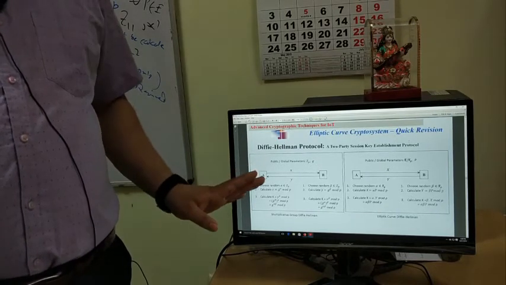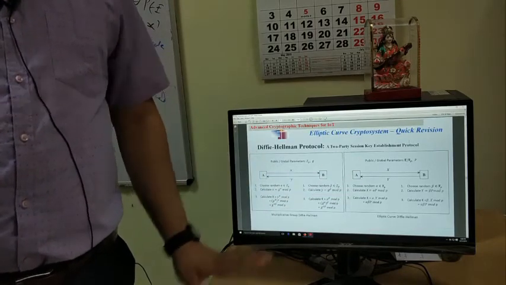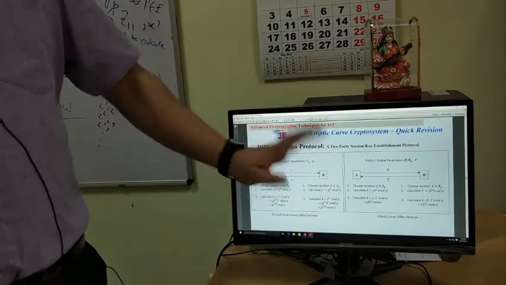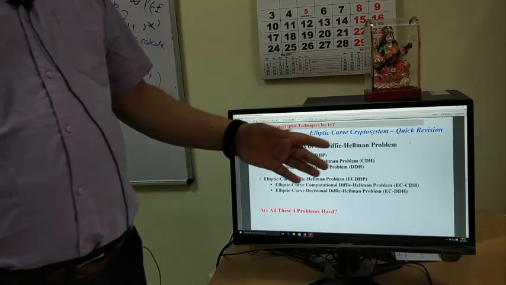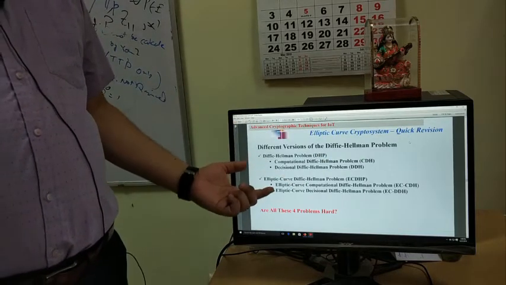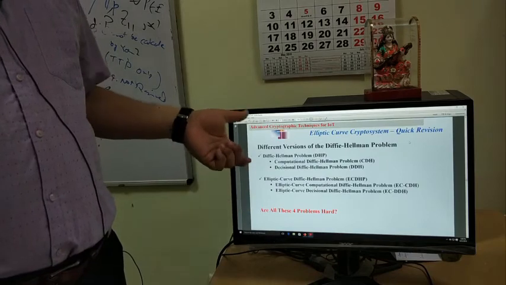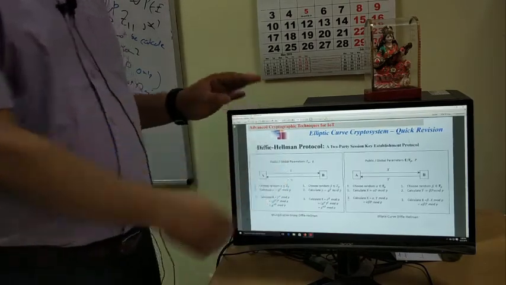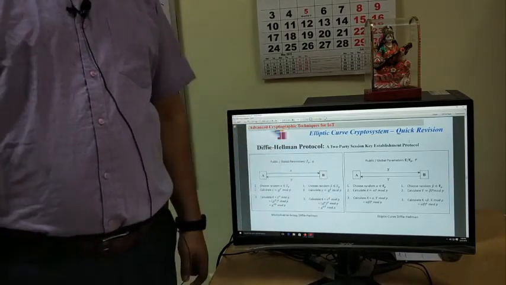This is a protocol to establish a shared secret key. They have established the shared secret key. They do not need to worry about the security. We are the engineers, we have to analyze the security of the protocol. When we are analyzing the security of the protocol, we came to know about the problem. That this problem is the problem of whom? Attacker. Attacker needs to solve this problem. If attacker can solve this problem, then this protocol is not secure, because attacker also can calculate these secret keys by overhearing the transmission.